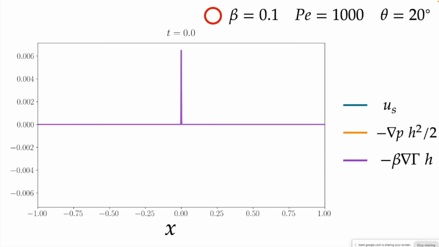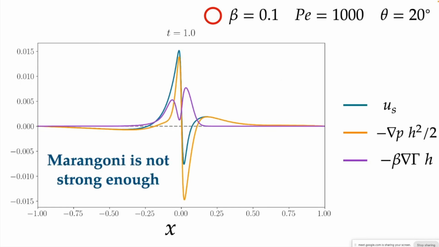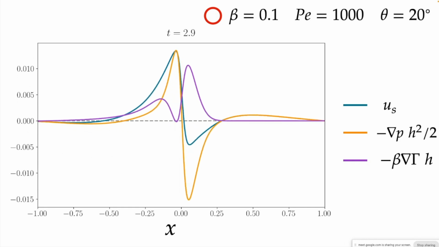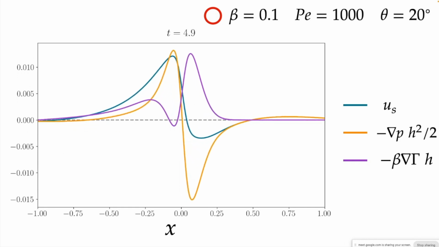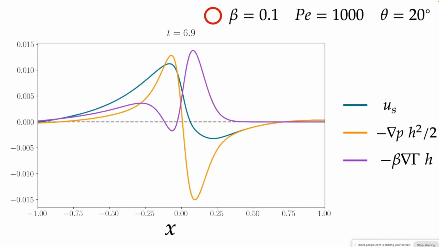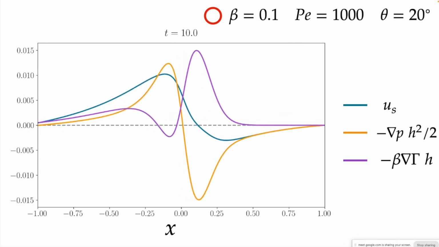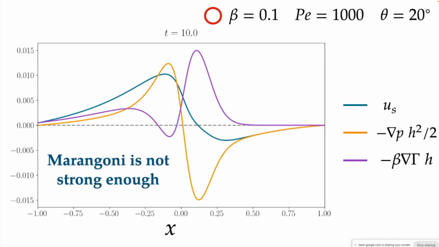And you could see your Marangoni component is positive, your Laplace component is negative. And since your Marangoni component is not positive enough to make your US go up, there's existence of both a positive velocity and a negative velocity. The Marangoni is not strong enough. And what it does is that there will be a bidirectional flow. So on the left,